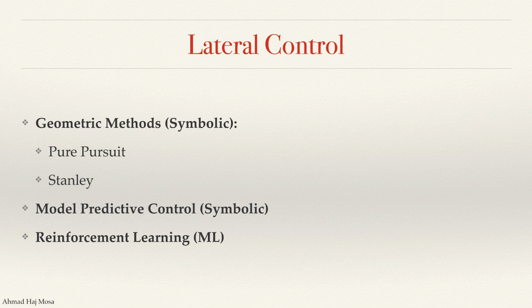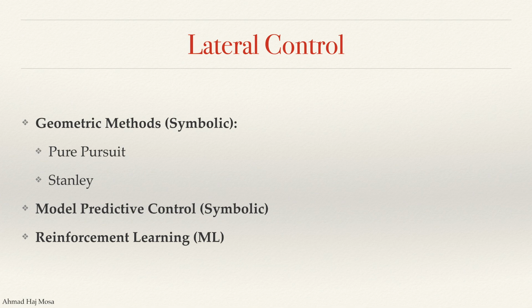More advanced lateral control can be done using MPC, or model predictive control, which is also symbolic modeling. MPC requires the mathematical model of the plant, or actually of the car, which means that given, for example, the steering angle, how would the car respond to that steering angle. It can also be applied to the longitudinal or cruise control, where you also need the plant model that takes the throttle angle as an input and predicts the speed. So this is what MPC is, and as I said, it requires the mathematical model of the plant,